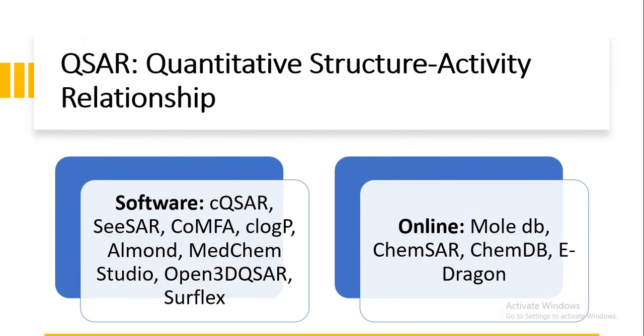QSAR, quantitative structure activity relationship, is also an important criterion during the drug design and discovery process. So we can use different softwares like CQSAR, CSAR, COMFA, ClogP, Almond, Medchem Studio. So these are the different softwares. There are also some online available softwares like MolDB, ChemSAR, ChemDB, eDragon, which can be used to study our structure activity relationship, which tells what kind of structure and what functional groups are involved in different